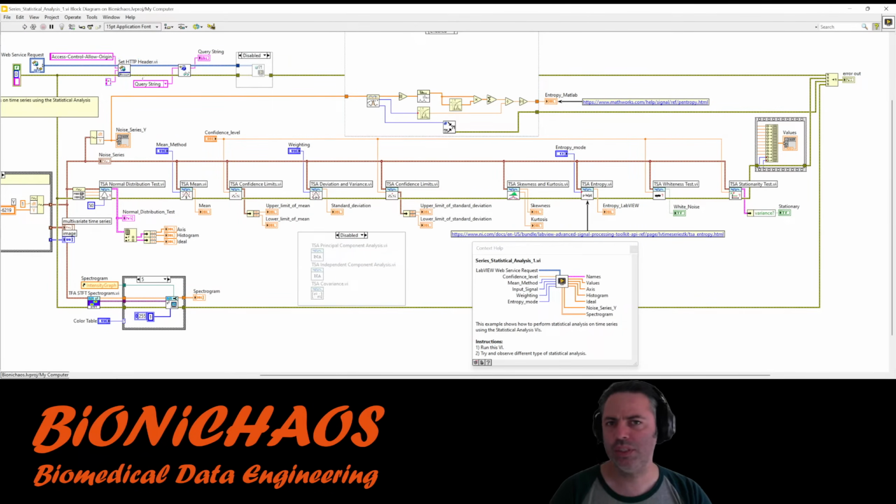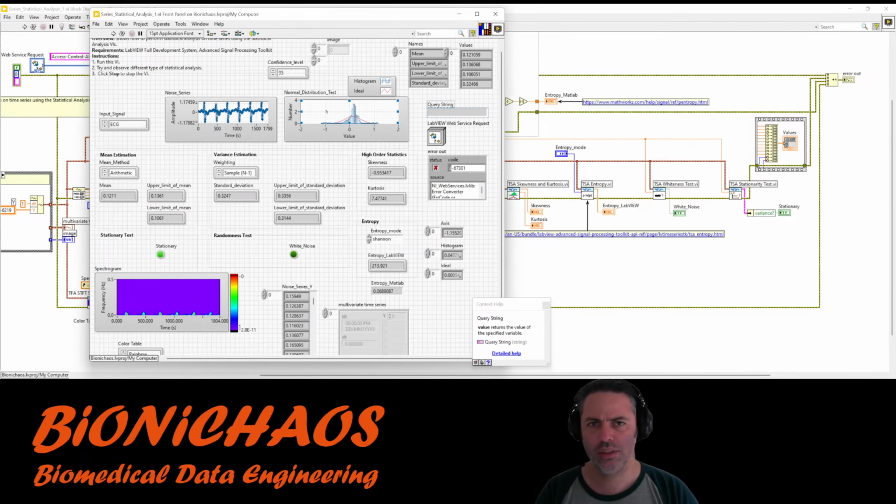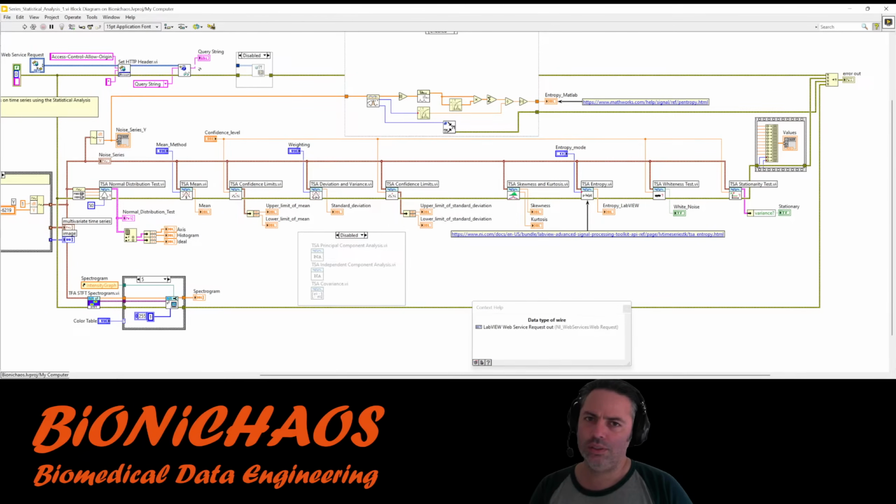So the API template is really just this bit up here. This is what is setting the HTTP header. This is not actually required. Returning the query string, that's what was requested. It's not really needed. And then all this will have to change.